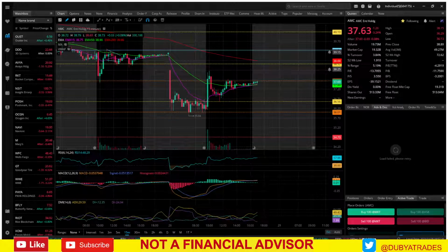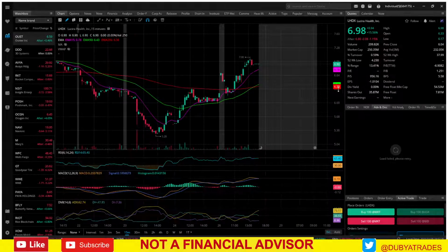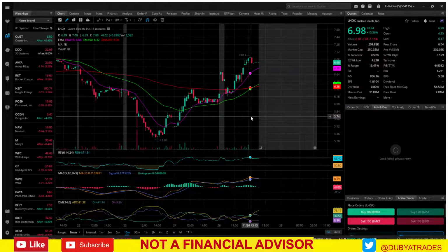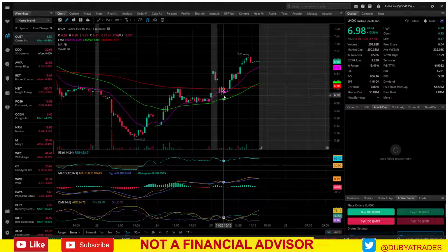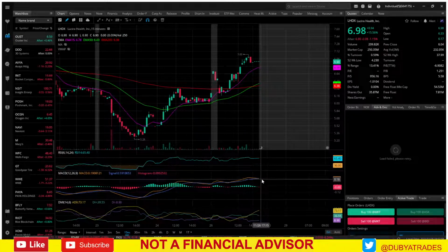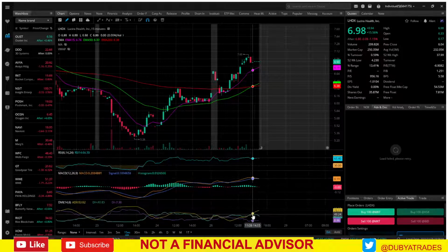LHDX. Nice breakout. The volume's a little low on it, but we do have a nice breakout on it. It's up 15% the last trading day, but it came back down. Oh, it only came back down 1%. That's well within a good range, so that's good. Yeah, we have the 15 over 50 split, the 200. The MACD is looking a little weak, but that could just be a pullback. The DMI is still showing pretty decent